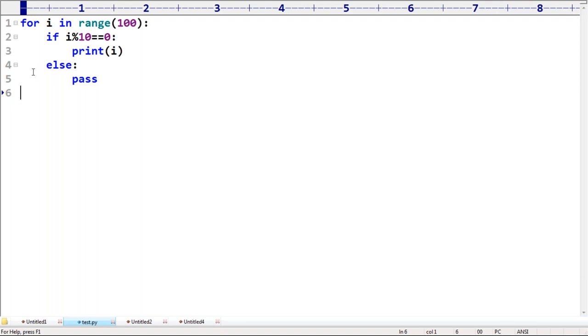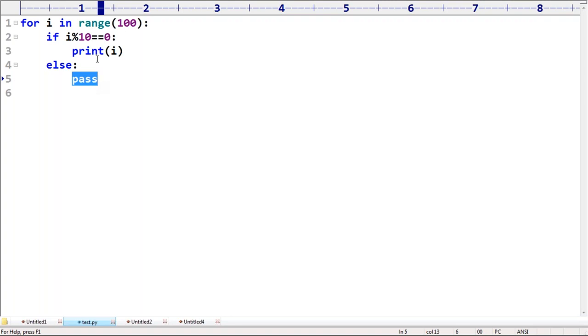Wherever an empty block is there, where we are not going to do anything, that is the place where we can use pass. Otherwise, we are not required to search anywhere else. Again, just pass. Next, continue. That is a different terminology. Continue means skip the current iteration and go for the next iteration. So continue we should use only in a loop. But pass you can use for if, for methods, for classes, everywhere. When I just want to write a block which is not going to do anything, then we should go for pass.